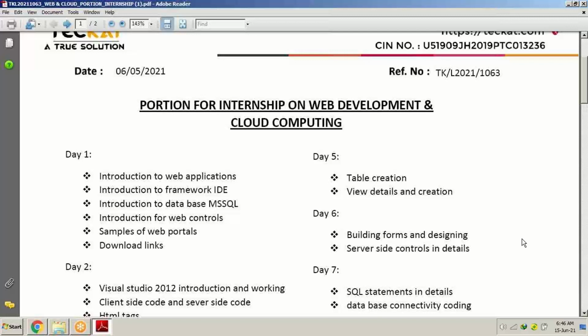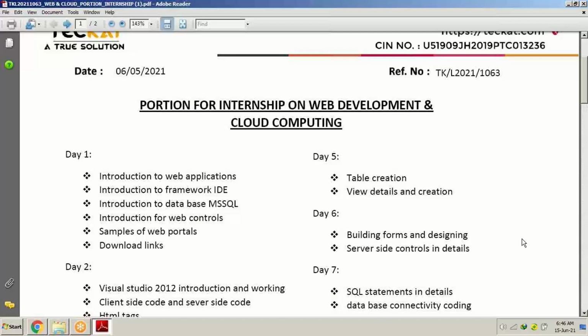For record maintenance applications, there are many fields. I have designed software for retail shops, diagnostic centers, pathology centers, and MLM companies. Whatever the client requirement is, I have to fulfill it in order to survive in the market, because at the end of the day, everything comes down to money. We have to earn money, so we have to go through the client requirement, what the client is asking.